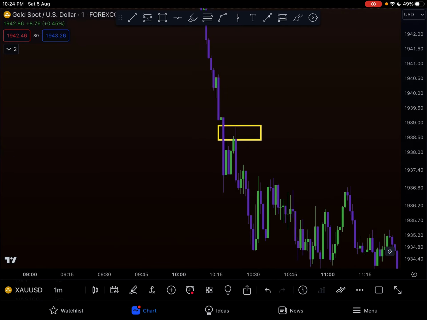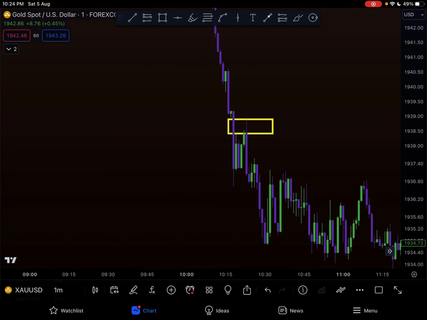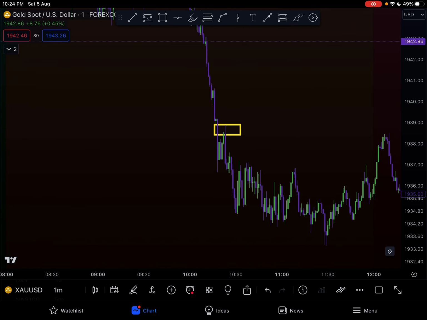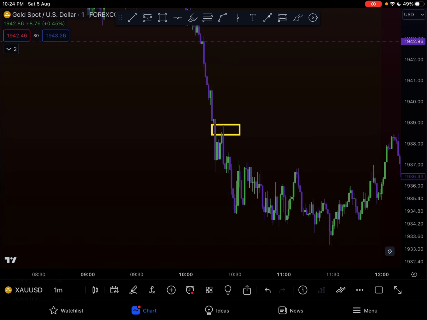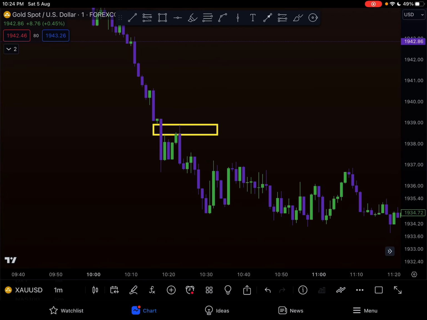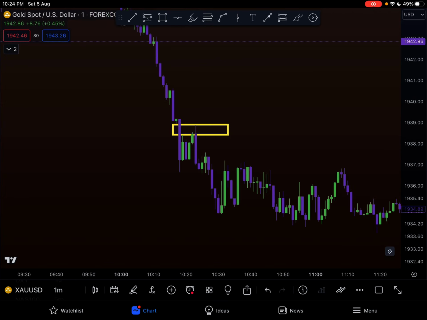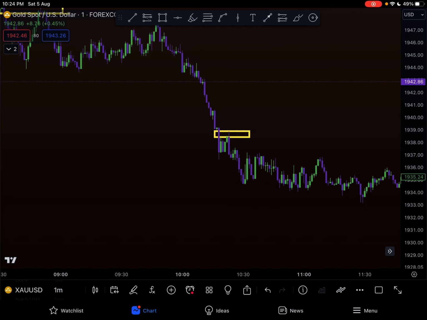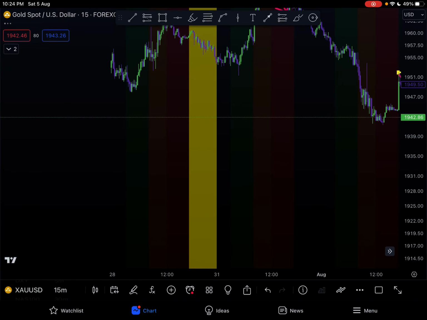Again, can you participate from these areas? You sure can if you have targets that you can still target. You don't want to be right next to a target and still use the very last fair value gap to run it. I mean, you can, but why would you? I'm showing you how to get the highest price points for sells, how to get the lowest price point for buys, right?